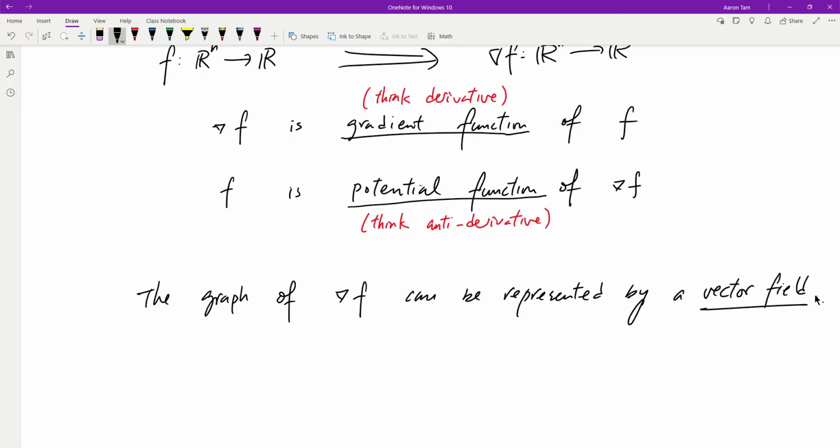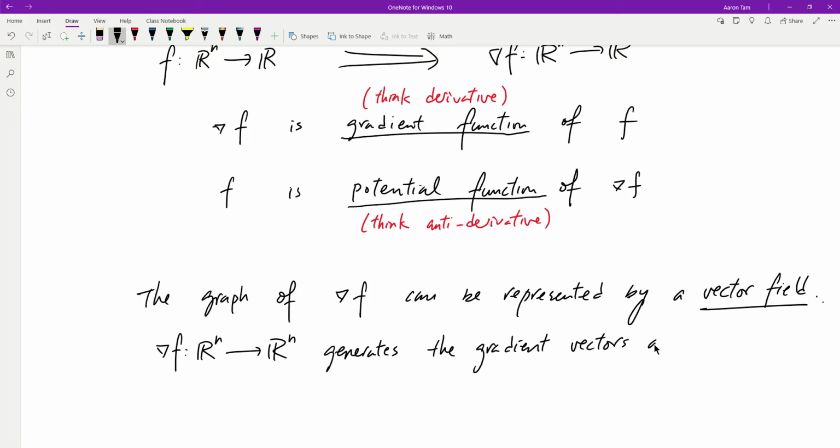So think about it: the gradient of f, a map from Rn to Rn, generates the gradient vector at every single point